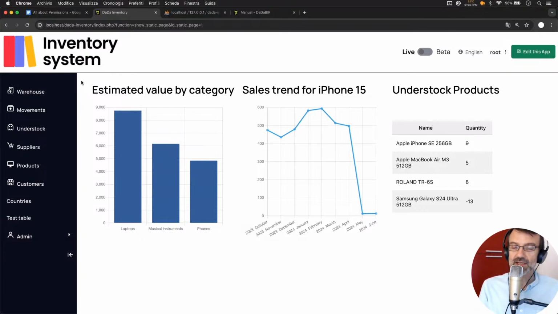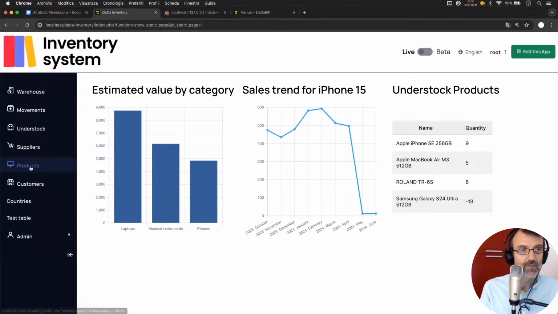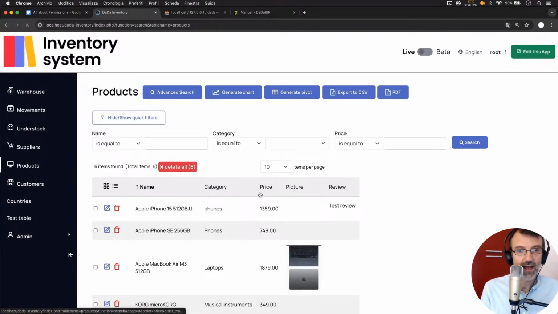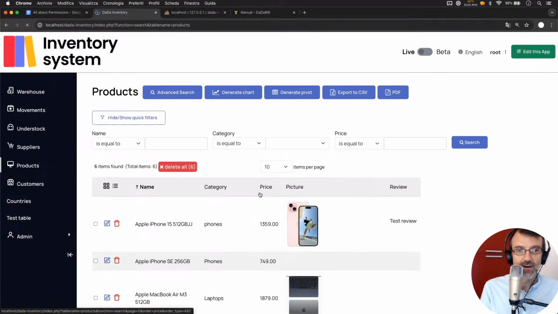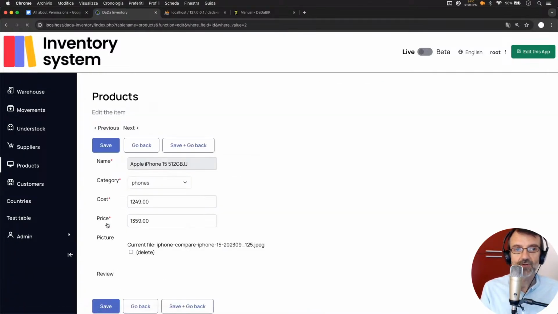So once again, we use the inventory system. That is a simple inventory system I created using DaDaBIK, and we will work on it. In this case, we will add a custom button, and we will see how permissions work when we need to manage buttons. So I would say we can add, for example, a button here, more specifically in the edit form of